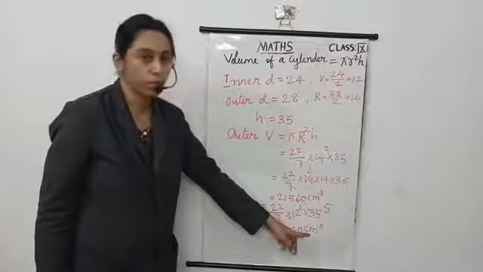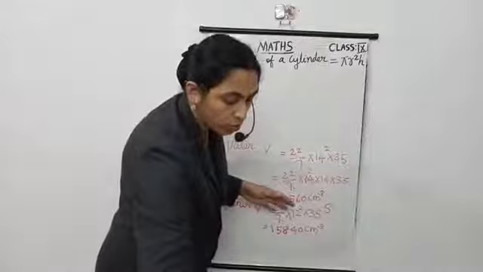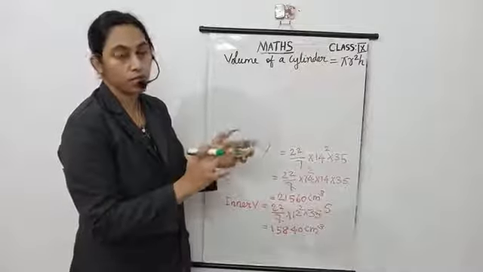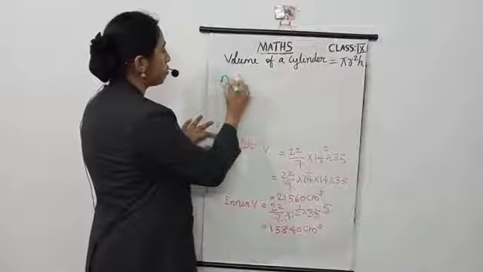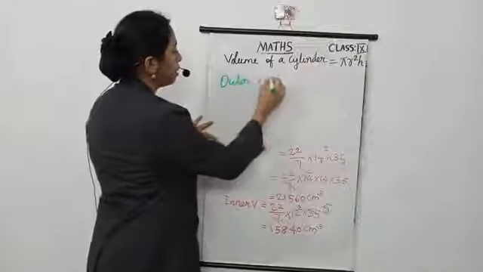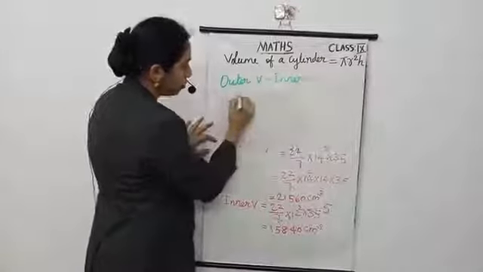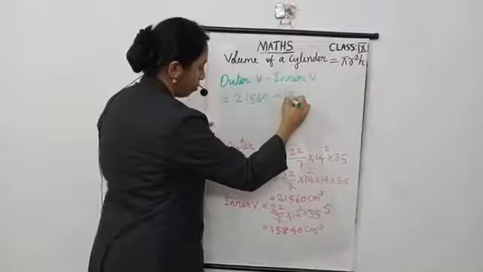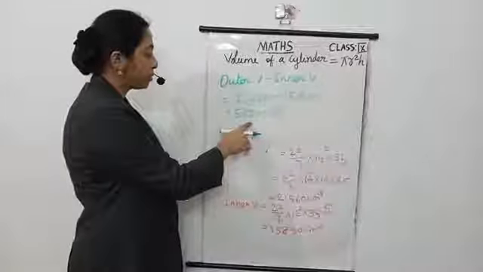15,840 centimeter cube. Next, volume of wood used. Volume of wood used means this portion. This portion is outer volume minus inner volume, equal to 21,560 minus 15,840. So after subtraction we get